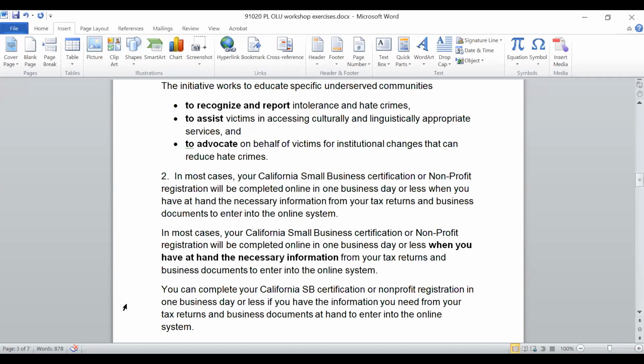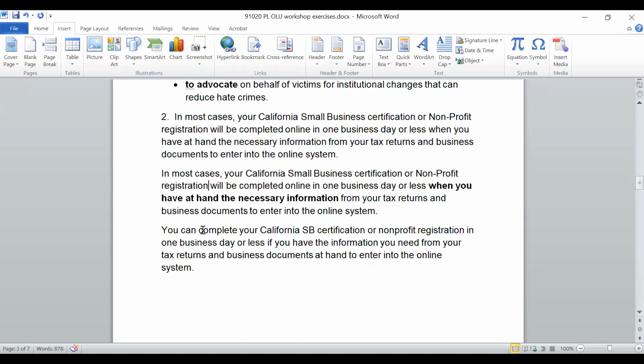Now, I probably need to add this back in, because if I were the California Small Business Group, I would hate to be getting emails. But honestly, it says, how can it take 1 business day to finish your registration? It really can't take that long. It's bad that it takes that long. But what I was trying to emphasize here is you can do it in 1 business day if you have the information. You could do this another way, and it's a question of what you want to emphasize.